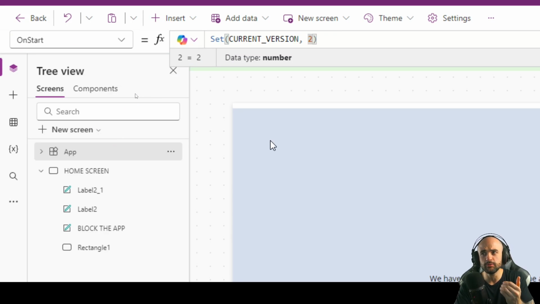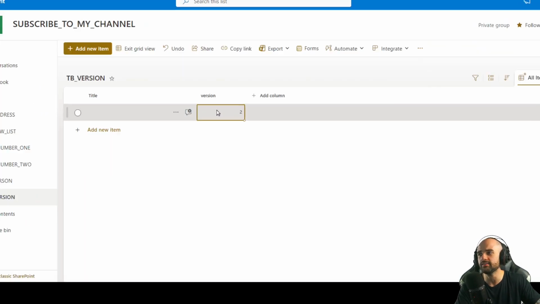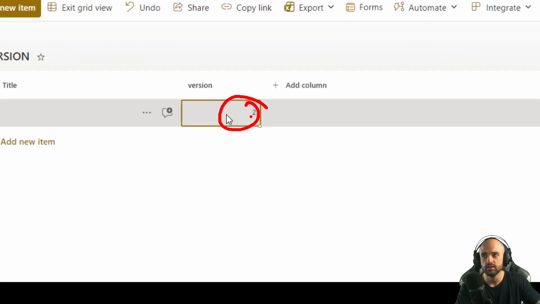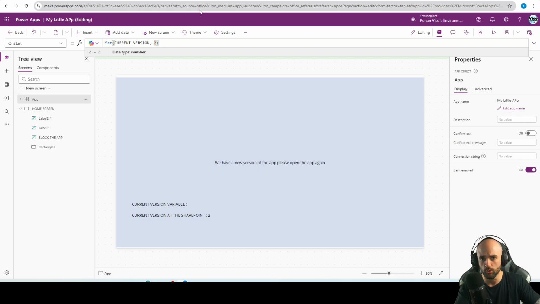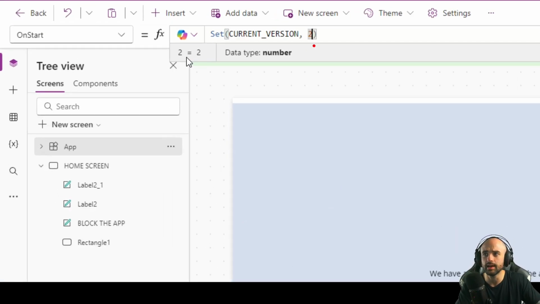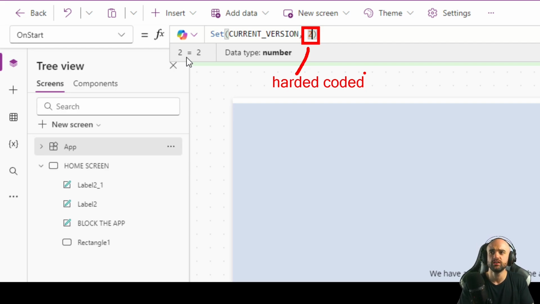Because I need to manually fix what is the current version, or every time the user opens the app, the current version will be refreshed, and it would always be the latest version, right? So I need to use a fixed number, hard-coded,